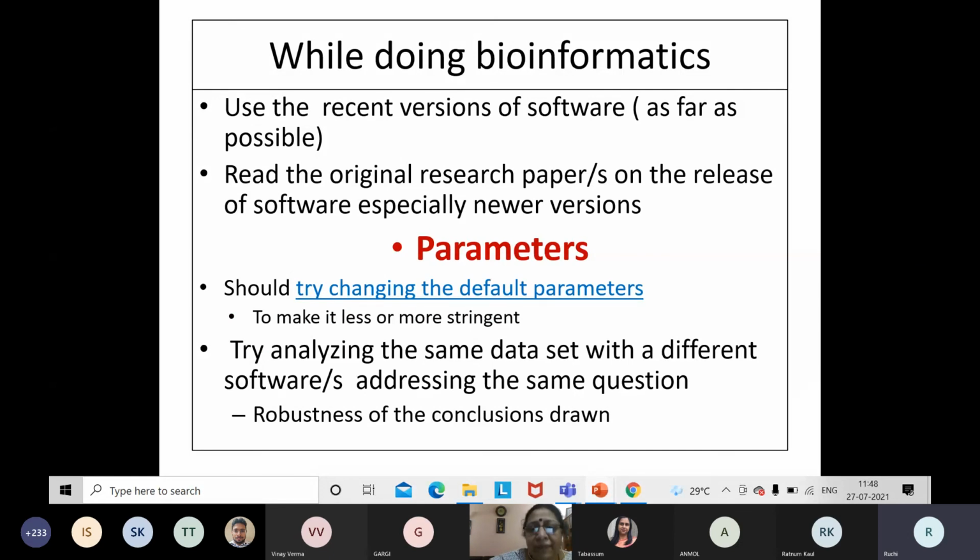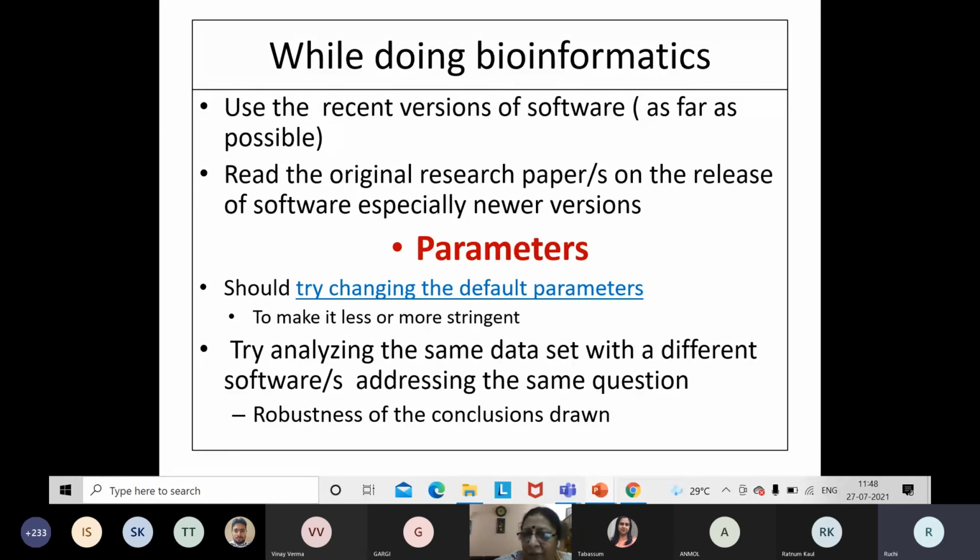So as I told you before, before you start with the analysis, you have to be careful about the data. You have to be careful about what question you are answering. While doing bioinformatics, as far as possible, try to use the most recent versions of the software. It is not always possible. I know there are practical considerations, but this is one issue which comes up when we send our publications. They'll say, okay, when Mega 11 has come, why are you using Mega 8? So we should be very careful to keep a close track of which is the latest version of a particular software you're using.